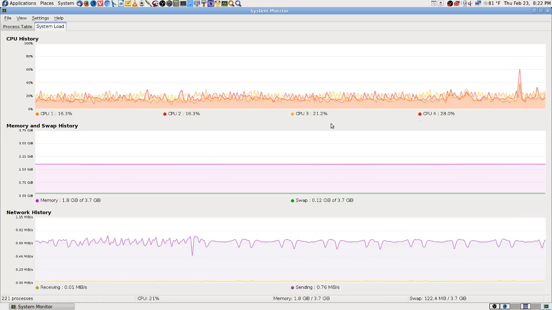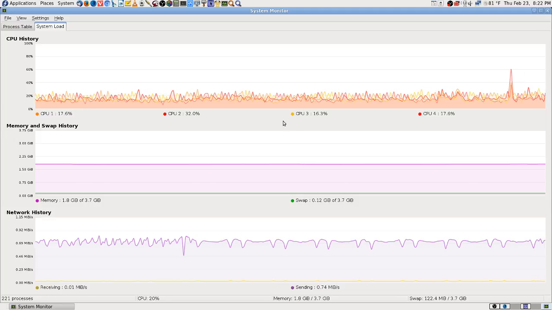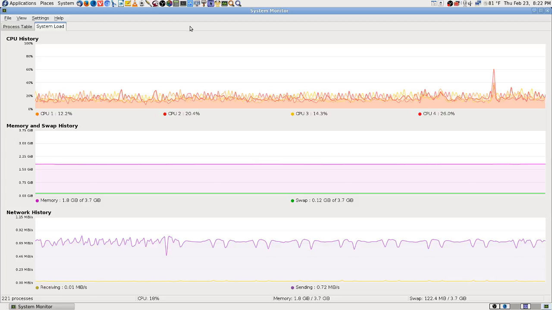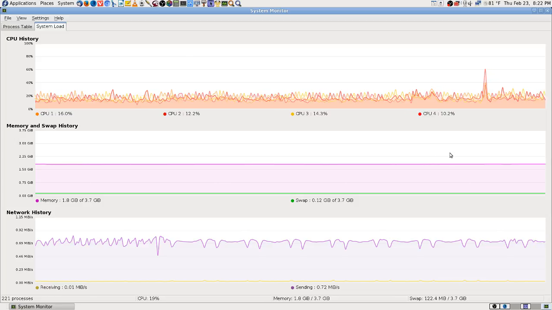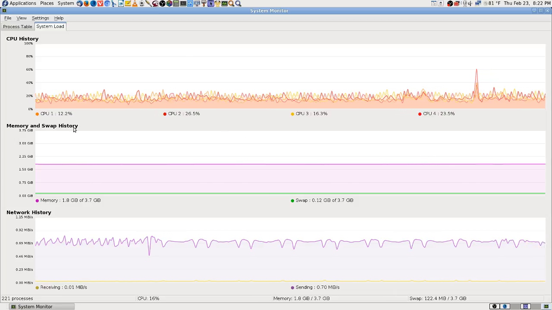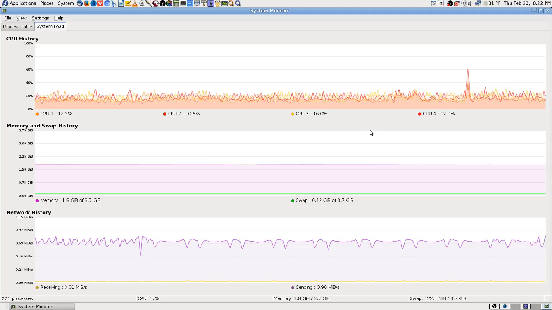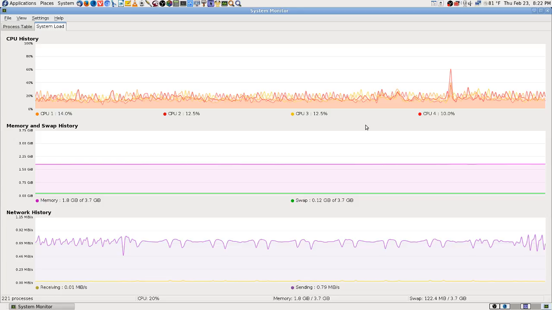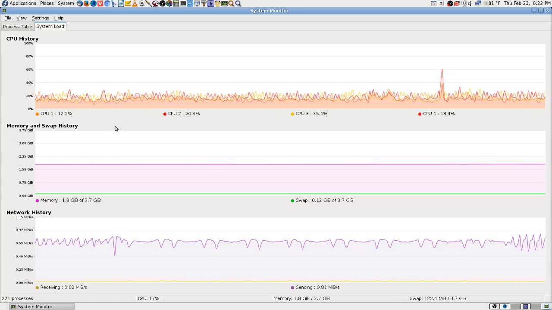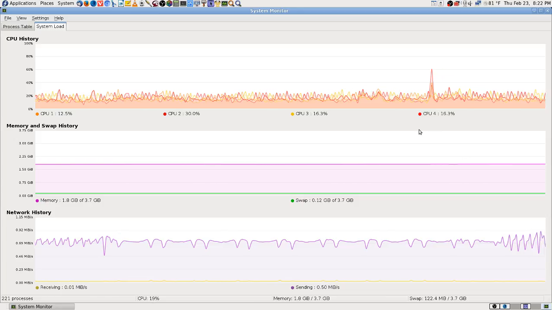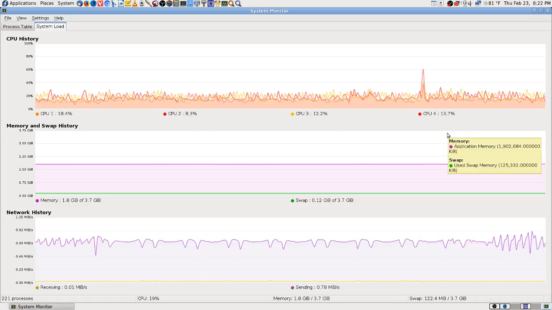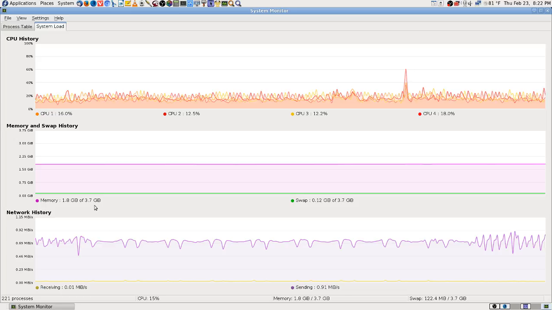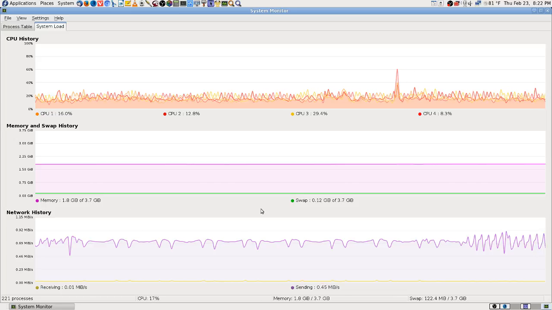There's what it's doing, and there's the 4 CPU cores. Not any of them working super hard. I've seen it lots of times when I'm doing things where it'll be 100% on this one and 100% on that one, and it'll keep swapping back and forth the whole time you're doing whatever process it is, say some video encoding, transcoding, converting an OGB to MP4 or something. The whole time that application's running, 2 of your cores will be running 100%, but it'll keep swapping from one to the other. Now in here, memory, 1.8 gigabyte total being used of 3.7 gigabyte, and the swap, well,